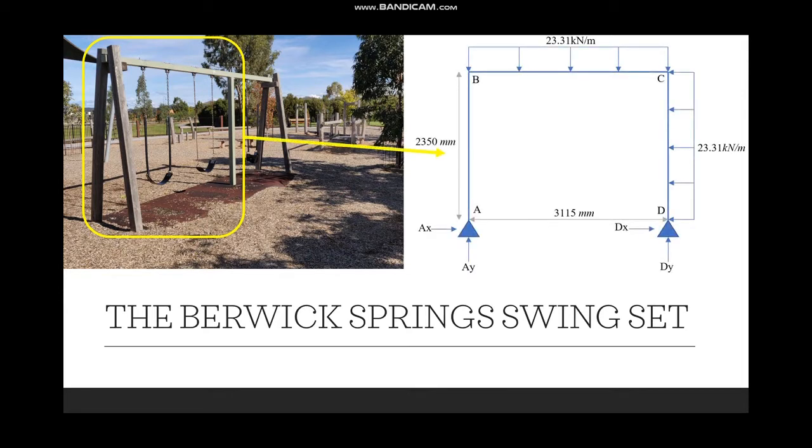into this. As you can see, there is a loading of 23.31 kilonewtons per meter on the top and the right side on the spans, B, C, and C, D, so on the steel. And to get this value, it was simply the last digit of my student number, which was 7, times 3.33, which gives you 23.31. Now, currently this structure has a DOI